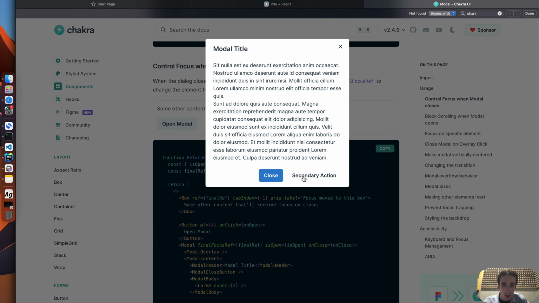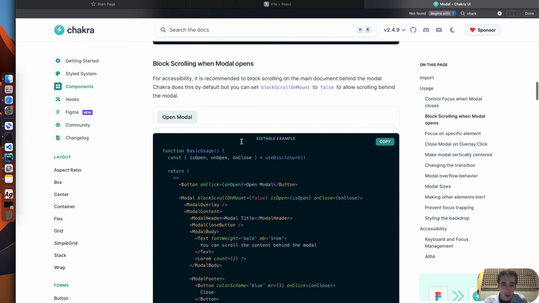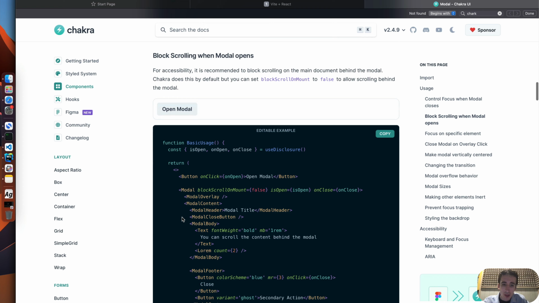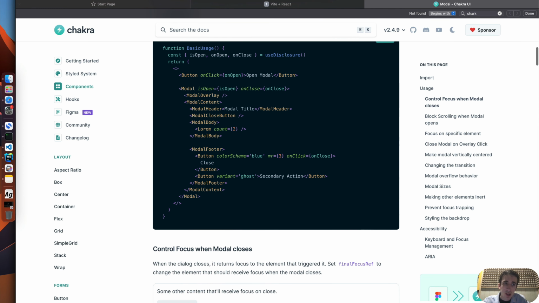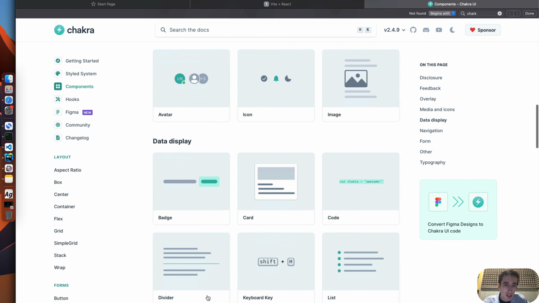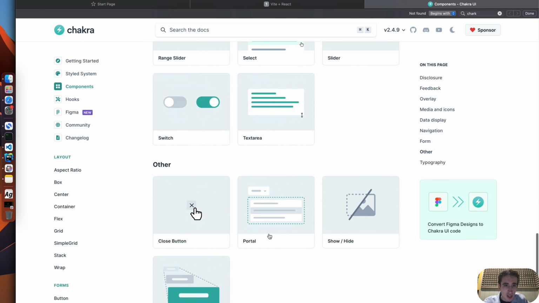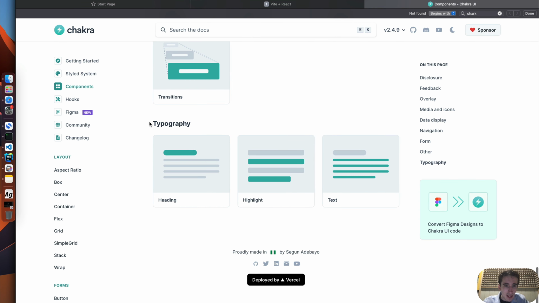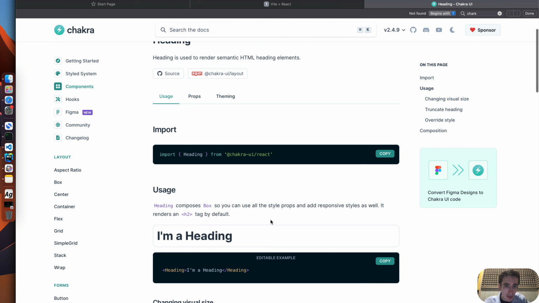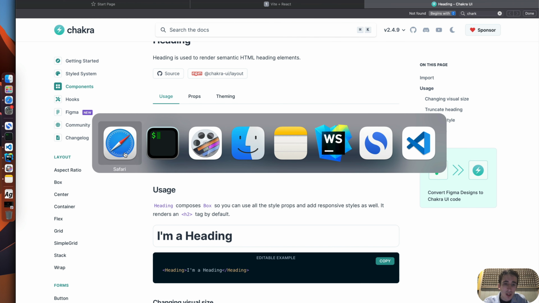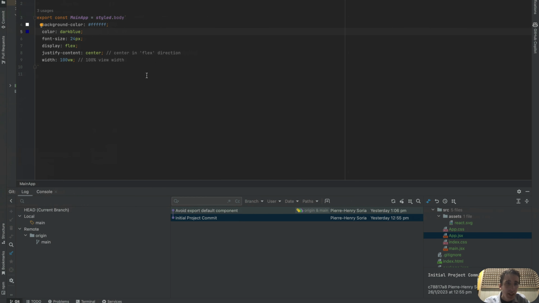Like let's have an example. You see like a really beautiful modal. Looks very professional, just with a few lines of code. It's beautiful, like you don't have to do much. And yeah, typography, I will use the heading first. So I will already copy this, import heading from Chakra UI React. So let's go back in our project in the